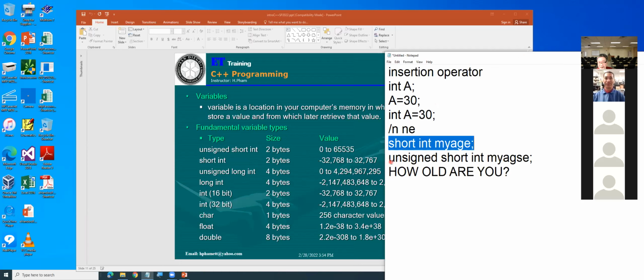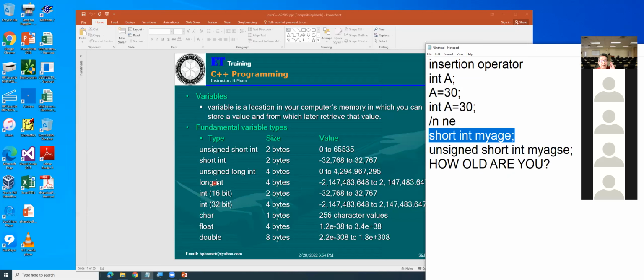So I like unsigned short integer. Why? You're only expecting positive values for the age. Exactly. The age is only positive, not negative. So that's why I picked unsigned short. That's just for understanding. However, either one still works.